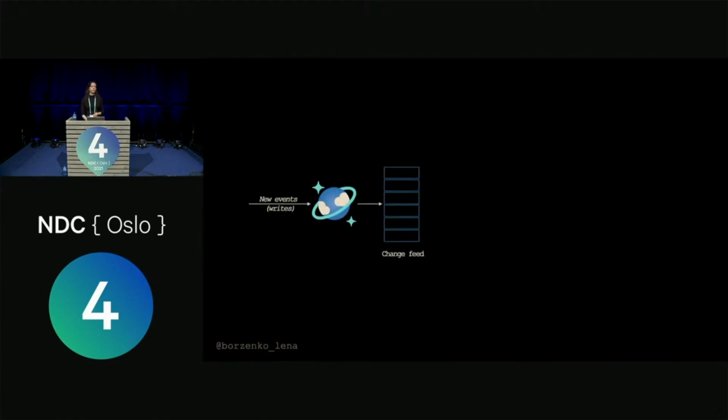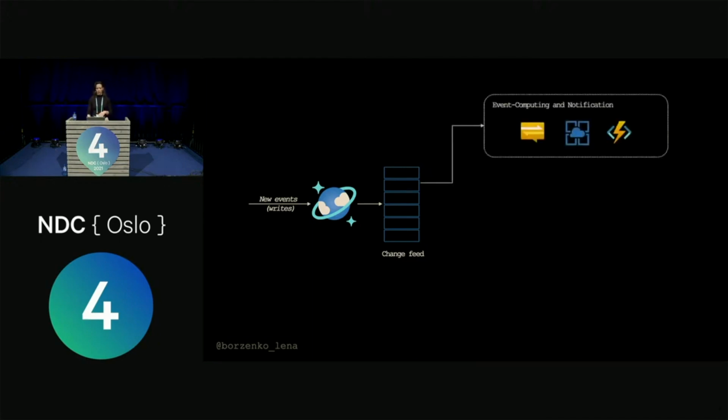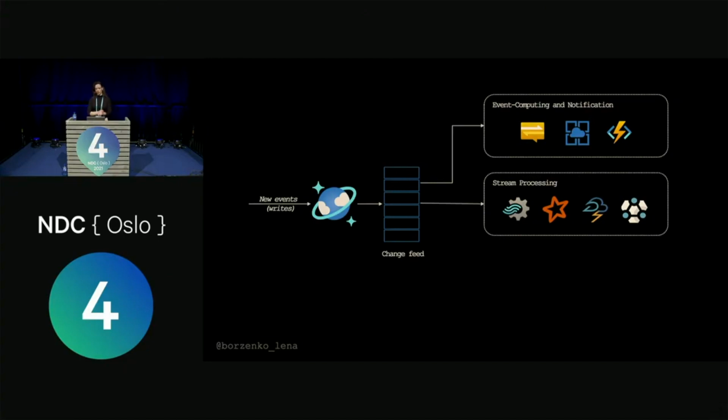Moving forward, it was also a huge benefit that Azure Cosmos DB and the change feed, an amazing feature they have, have integration with other Azure services. As we already showed, we can use Azure Functions. We can also use Notification Hub or Azure App Service for notification and event computing. We can also have real-time stream processing with Azure Stream Analytics and Apache Spark, Storm, or HDInsight. This was exactly our use case